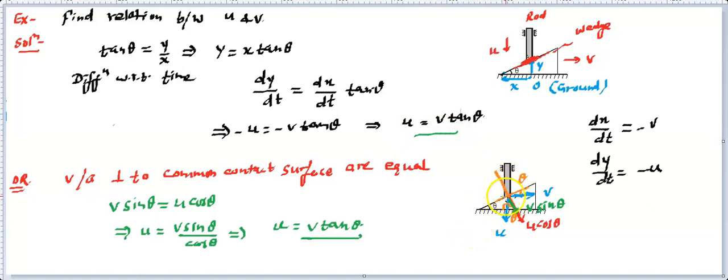So whenever one body is sliding on, or continuously in contact with, another, there must be no relative acceleration or relative velocity in the perpendicular direction, because if any velocity or acceleration comes in the perpendicular direction relatively, then they will get separated. So the constraint is that they remain in contact. Whenever they are in contact, velocity or acceleration perpendicular to the common contact surface must be equal, or relatively must be zero. That's a critical point you can apply.